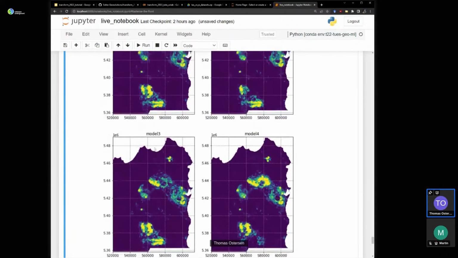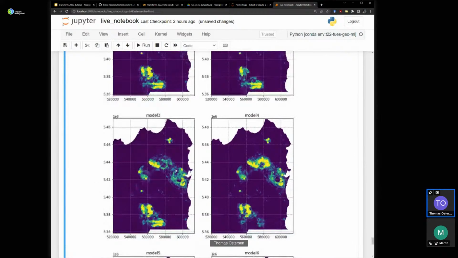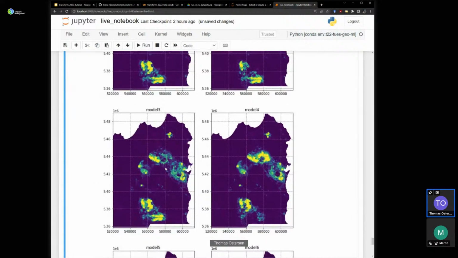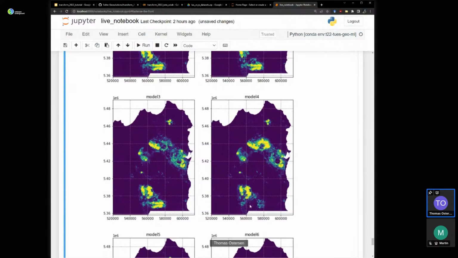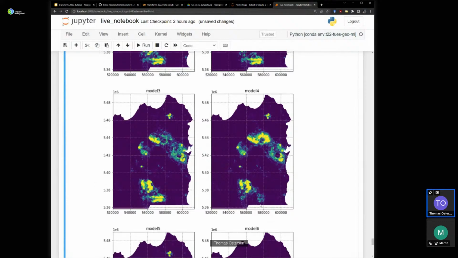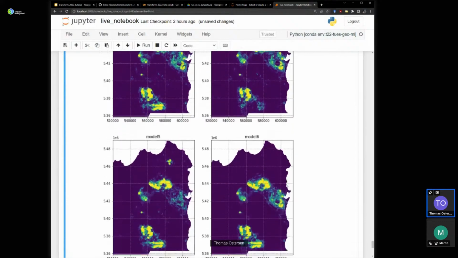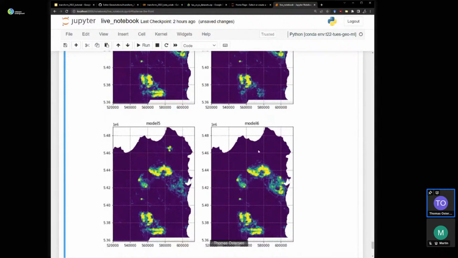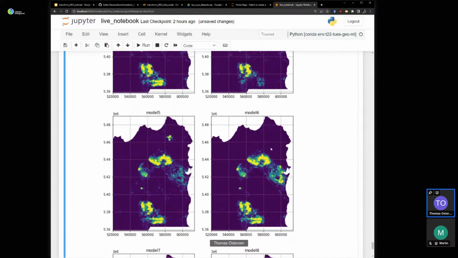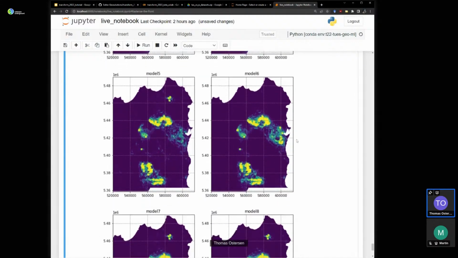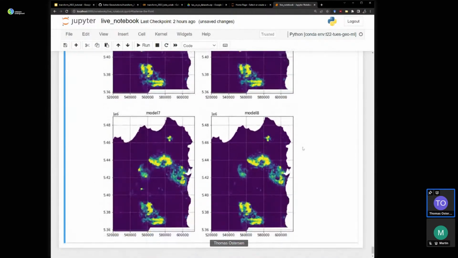This model here has held out pixels in this spatial cluster around here, which you can see in model 4 there. Again, it places some prospectivity in that area. Model 4 here has held out these occurrences in the southernmost cluster. Again, it places some prospectivity, but it's not as good. This model 6 is the model that held out that northernmost cluster of points. No prospectivity or probability that the model thinks is prospective in that area. Yeah, and so on. So I think that might do it.